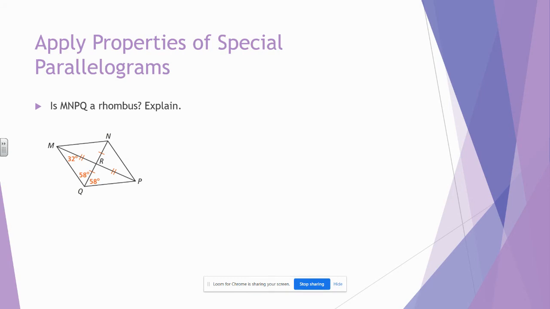All right. So if we want MNPQ to be a rhombus, one thing that we can look for is if the diagonals are perpendicular. So if the diagonals are perpendicular, that would mean that MRQ has to be 90 degrees. So I'm going to write that down here. So the measure of angle MRQ would be equal to 90 degrees. If we look, we have this triangle right here,